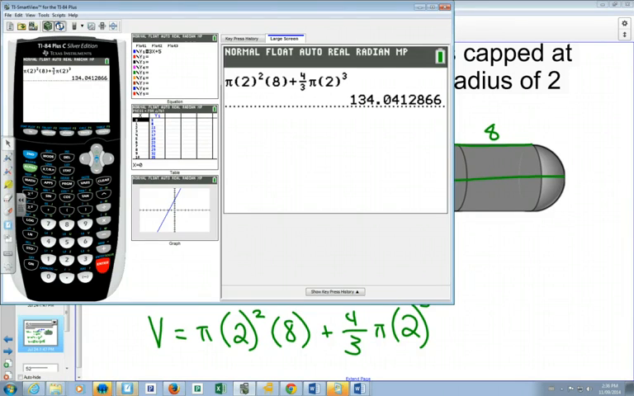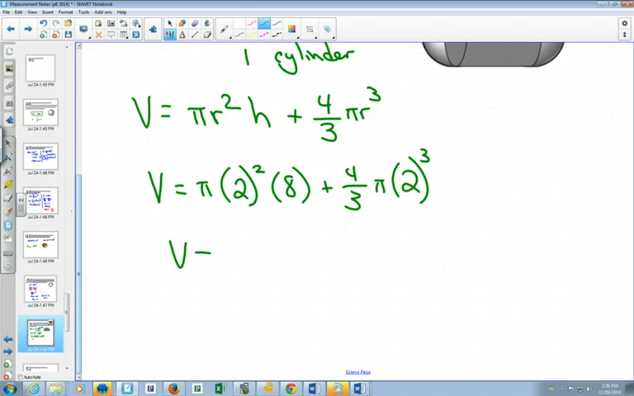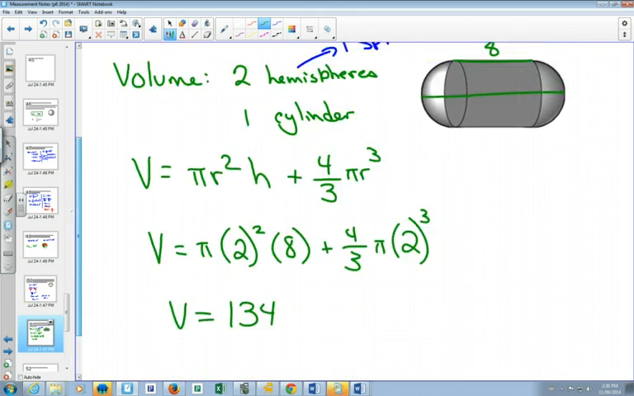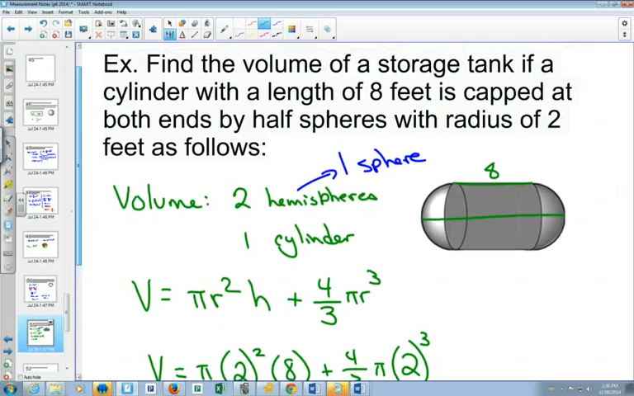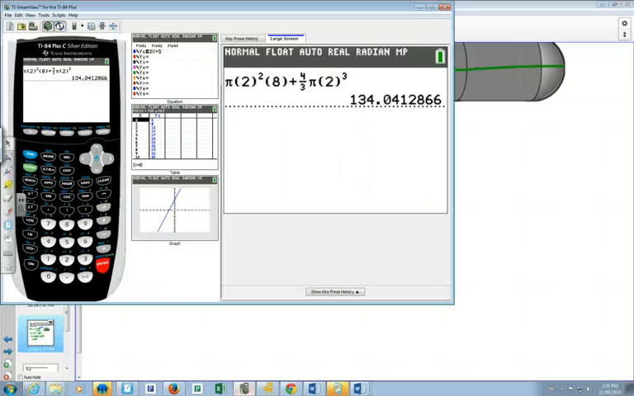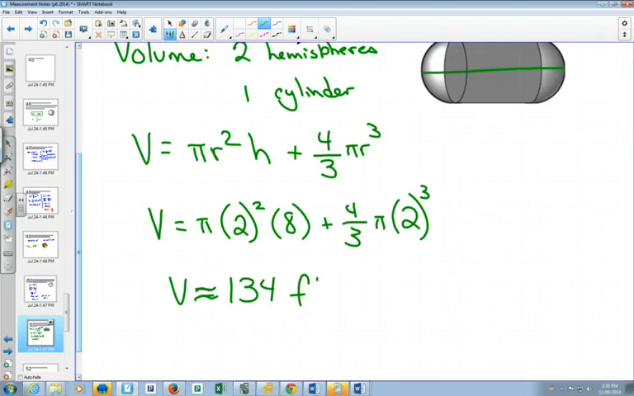134. Point, what did I say? Was it say to the nearest anything? No. So since I can't remember the other decimal places, I'll just round it to 134. Or was it 0.8 or something? Oh, 0.04. So 134 is pretty good. Okay, 134. What units were we using? Feet. So this will be feet, and since it's volume,